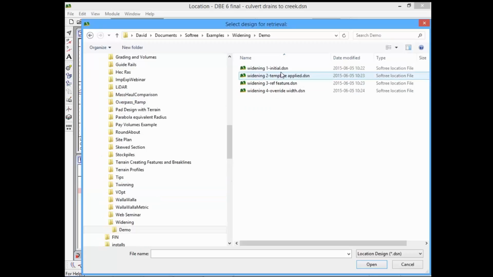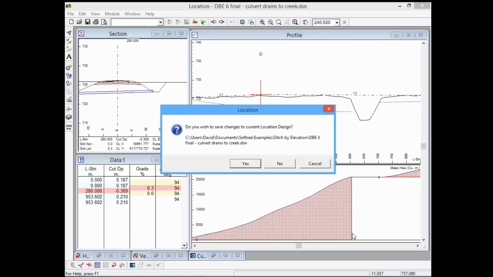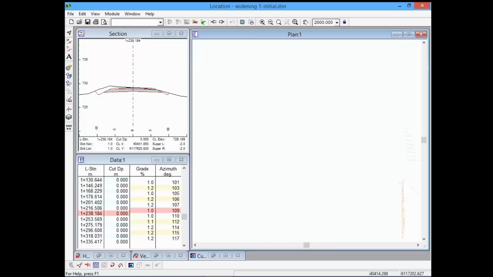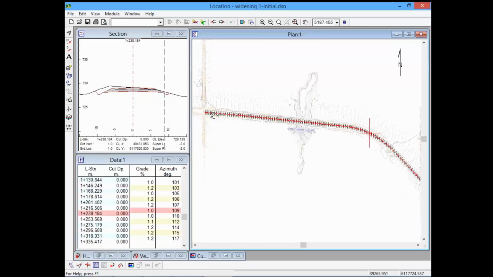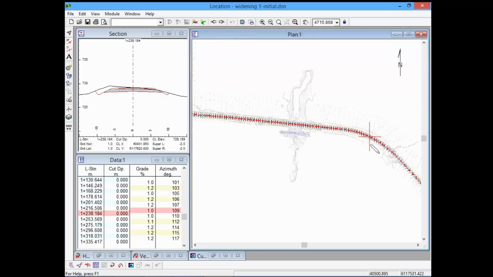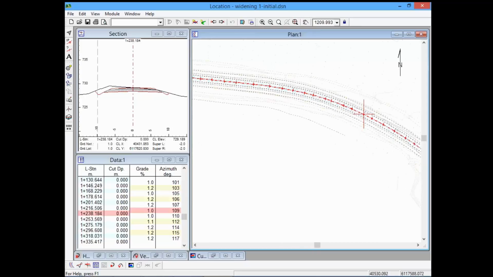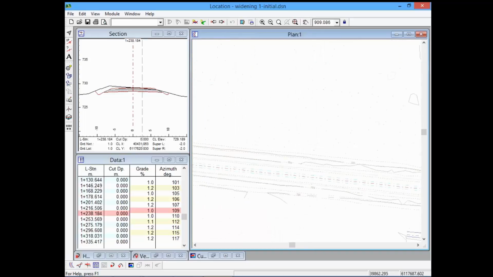Okay, so the idea here is that we've got a survey of an existing road where we want to go from 1 lane to 2 lanes. And so you can see here that the center line was surveyed, and there's no curve. It's just a bunch of short, straight segments. The surveyor's survey points were picked up. Over here near the intersection,